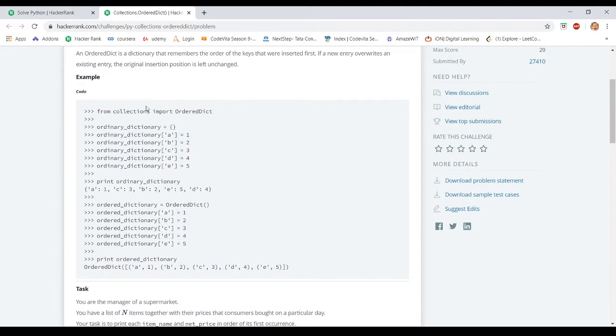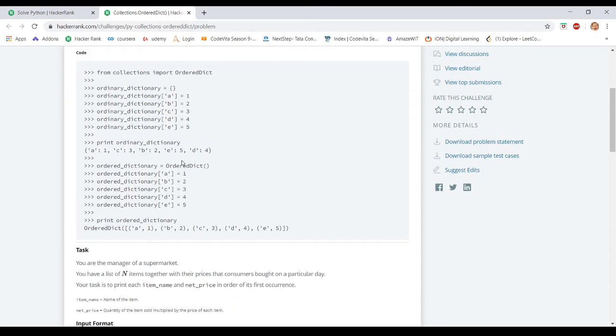Let's see one example. If we just use a normal dictionary with square brackets for a particular variable and insert values one by one, then when we print the output, we get keys and values in a shuffled way. If we use OrderedDict from the collections module, the keys and values remain in the same order in which we inserted them into the dictionary variable, but the output is printed in the form of a list of tuples.